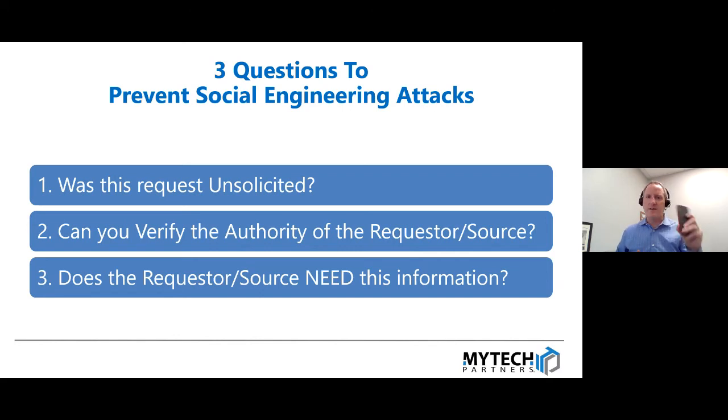If any of you use multi-factor authentication, like on your phone, and an approval request comes up asking if you want to approve this request, and you didn't try to log into one of your systems, please don't approve that request. That is an unsolicited request. It might be someone trying to log into your system, with an authentication request going to your phone. If you didn't initiate it, or if it's unsolicited, don't approve it.